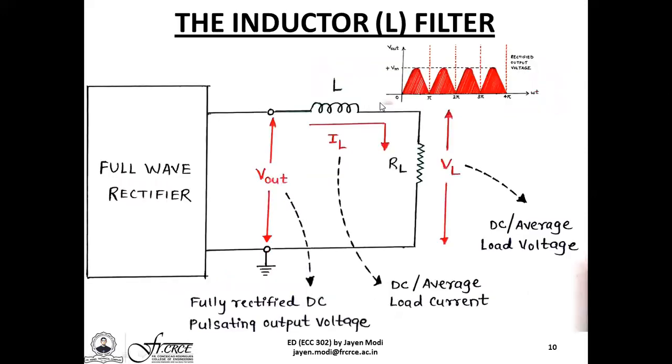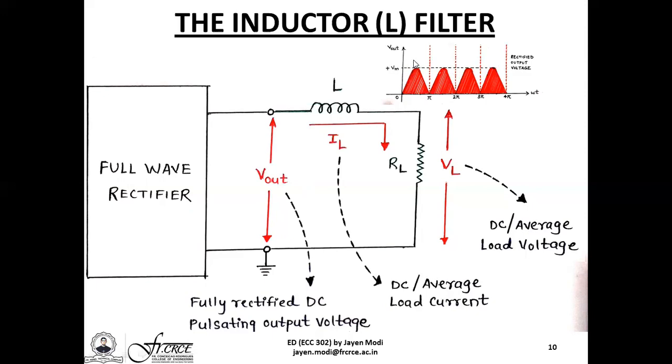Now, let us look at the filtering action which is performed by the inductor or the L filter. Here, the entire complicated part has been simply put by a black box, which is nothing but the 230 volts AC 50 Hz supply, the transformer, and the four diodes D1, D2, D3, and D4 that form a simple full wave rectifier circuit. The output is given as V out, and as we have been seeing in the past few video lecture sessions, the output is completely pulsating in nature. It has both a DC component as well as an AC component.